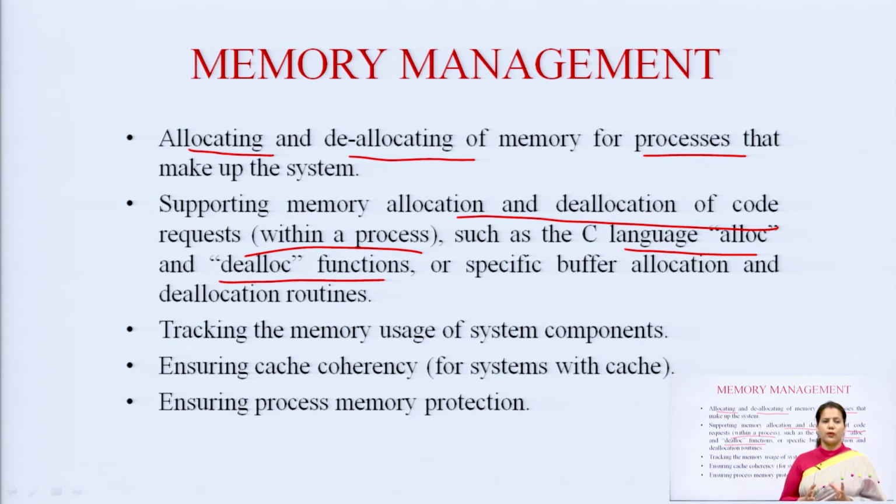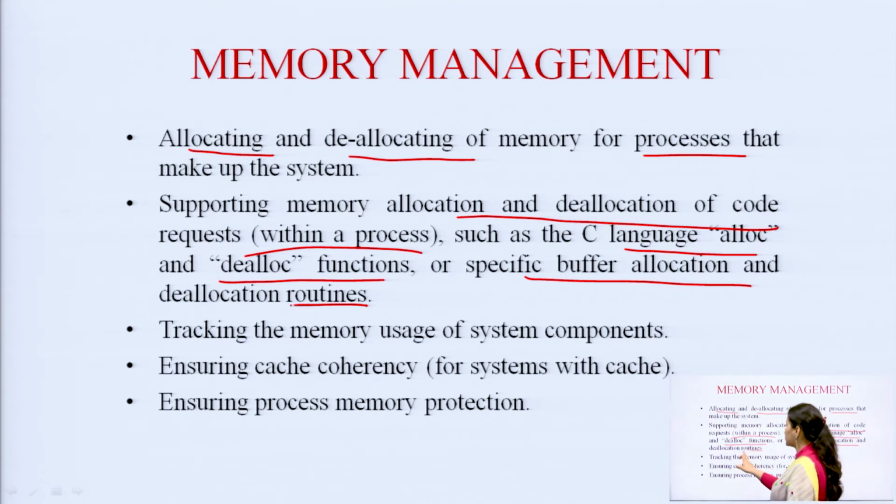We must remember that when we studied the C language, there were functions like alloc and dealloc which were used to allocate or deallocate memory, or specific buffer allocation and deallocation routines, tracking the memory usage of system components,